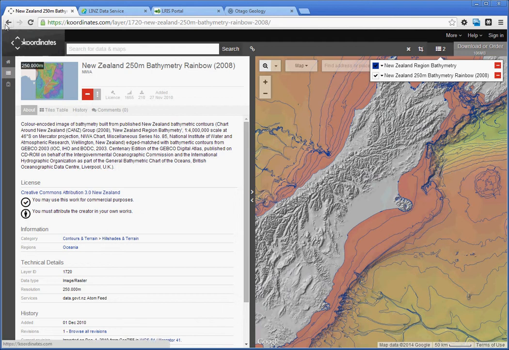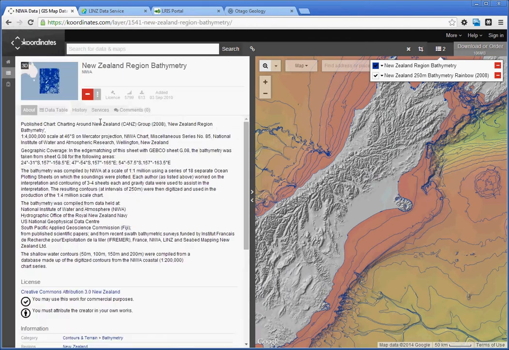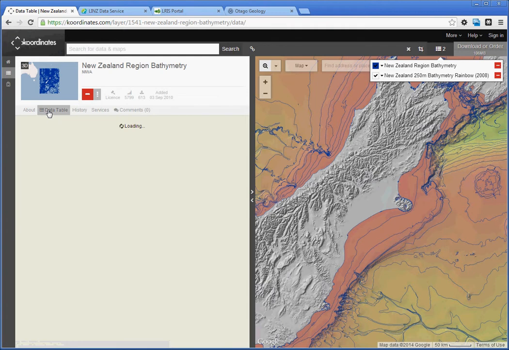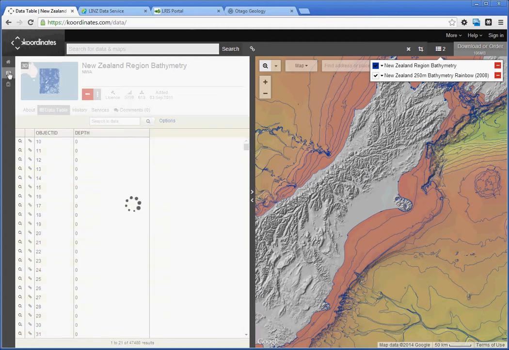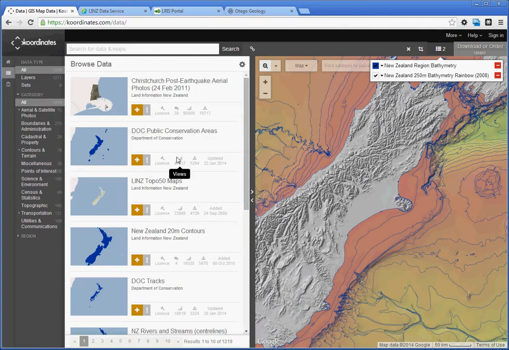If we go back to here and look at this one, you actually have a data table that we can look in, and you can search within this. So it's not particularly useful here, but if it was something that we could search like to get some more useful information, then we can do that. So if we wanted to, we could just go ahead and